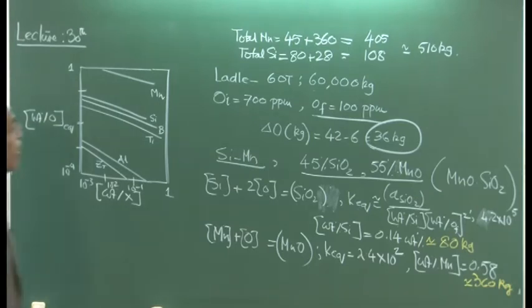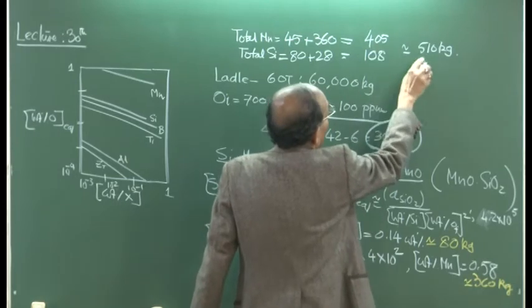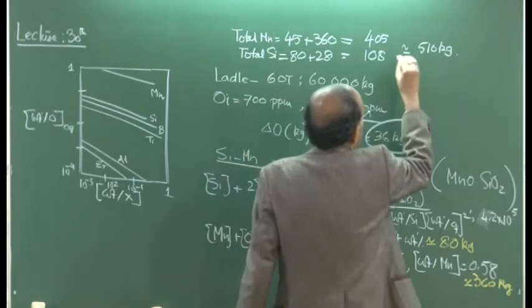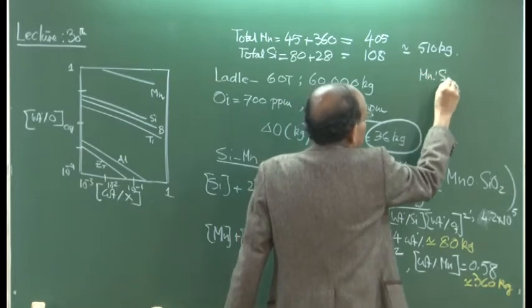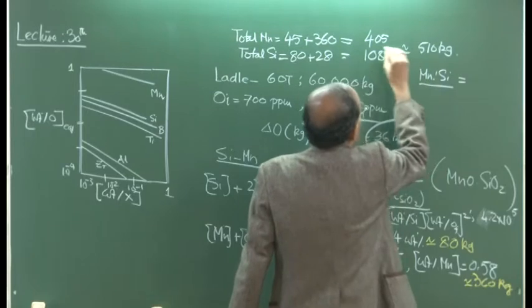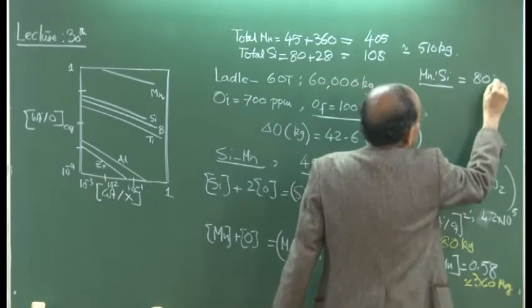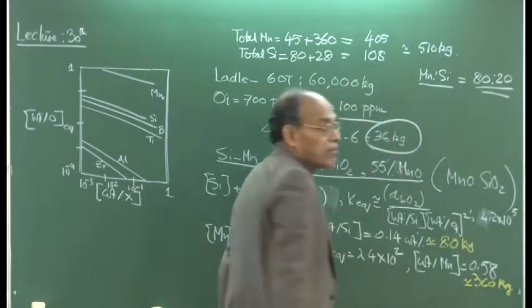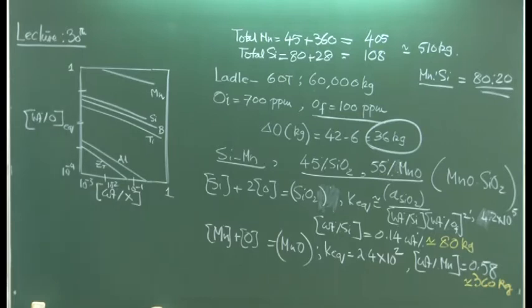So, therefore, I can find out the ratio of manganese to silicon in the deoxidizer. This is roughly like 510 and 40, so it is about 80-20 proportion. That is the composition. So, the entire quantity of deoxidizer to be added, what should be the grade of the deoxidizer in terms of silicon content, how much deoxidation product can be formed, all these things can be